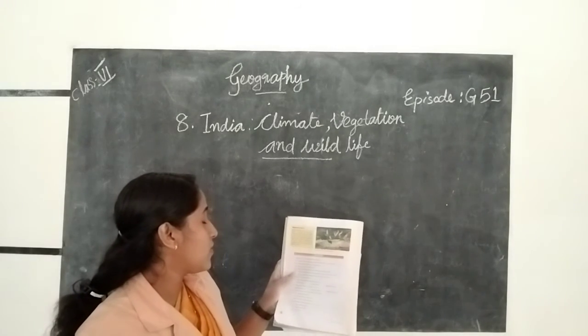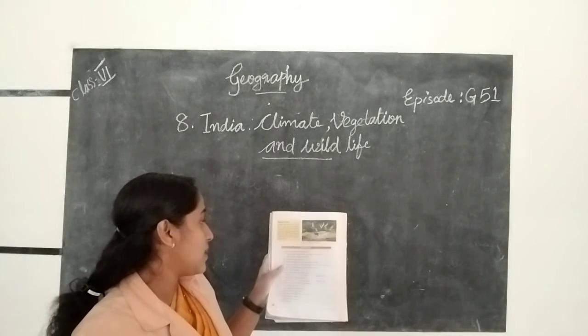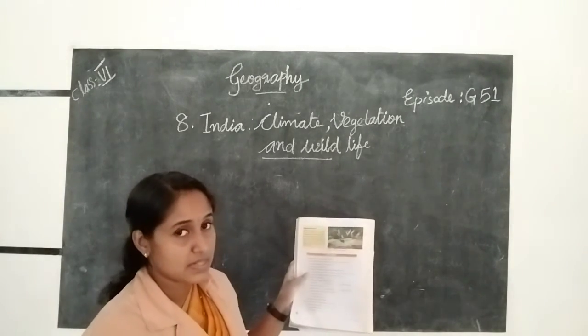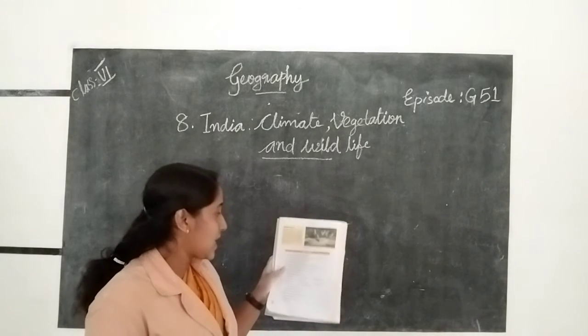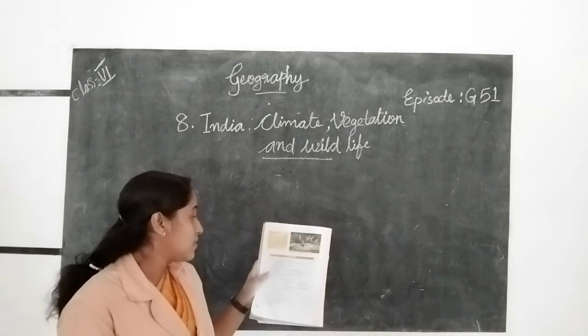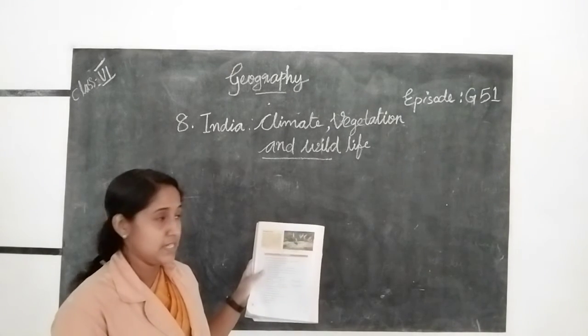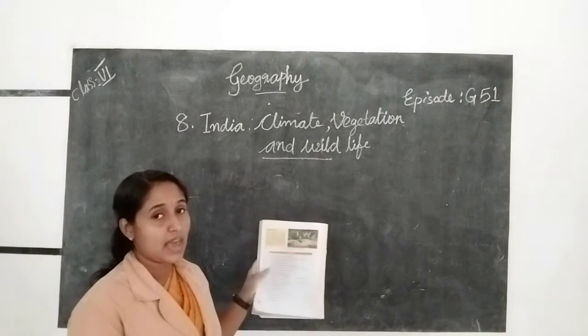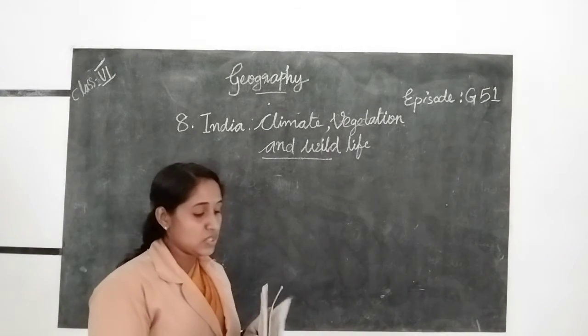And the smallest migratory bird, the winter stint, weighs as low as 50 grams. That is a very small bird. It also comes from the Arctic region and travels over 8,000 kilometers to reach India. So these kinds of birds we also have in different places in the winter season.